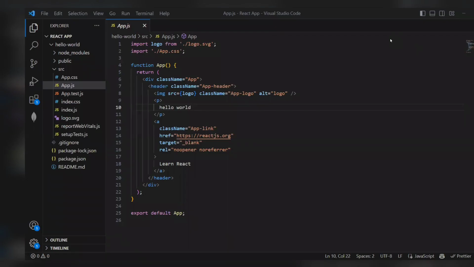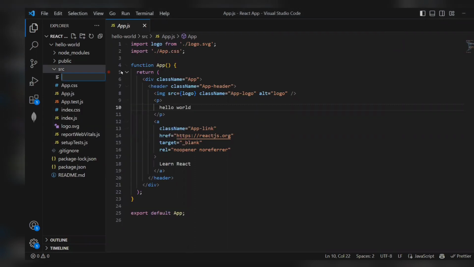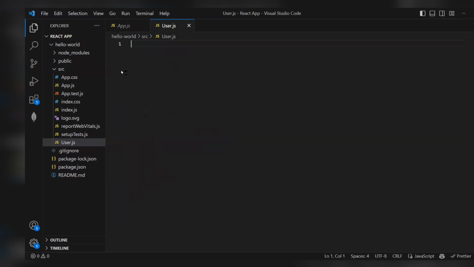So when you want to make a new component, you can create a new file or you can create the component in the same file also. So first of all, let's see how we can create it with a new file. Let's take a new file called user.js. Keep in mind, whenever we create a new component, your first letter should be capitalized to maintain the standard